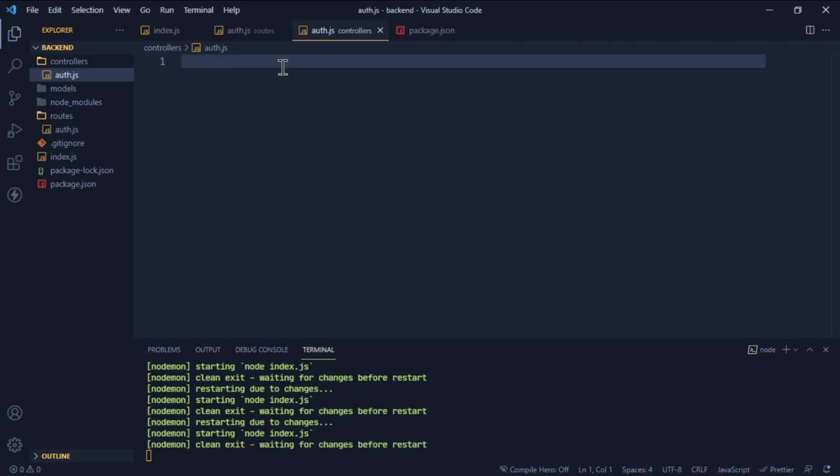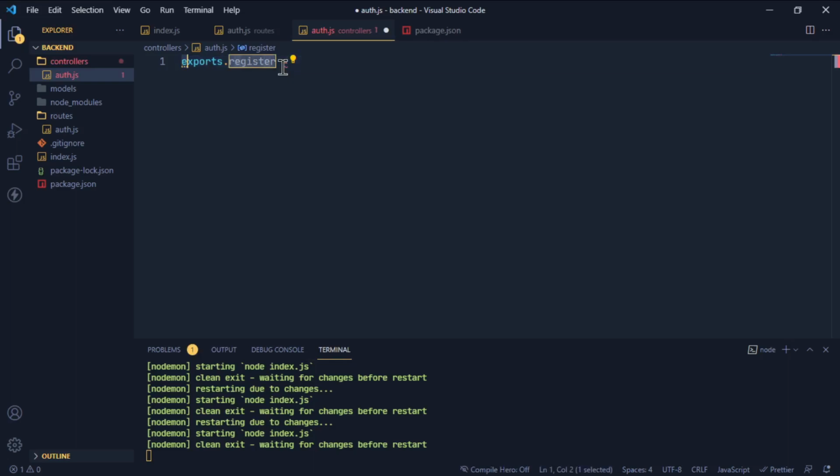Now we are in the process of developing the registration endpoint. So I'm just keeping this as register. You can see that I'm marking it as exports. That means this specific register method gets exported from the file auth.js controller. That is so this method in the file can be accessed outside of it as well. I'm going to use the ES6 syntax. This is the recent syntax, most popular as well in the JavaScript world.